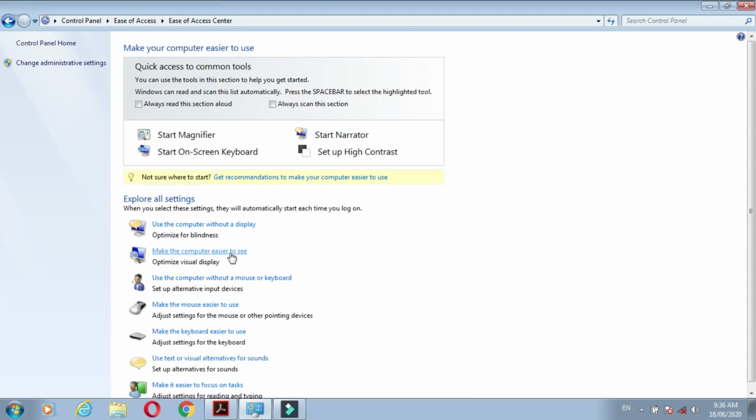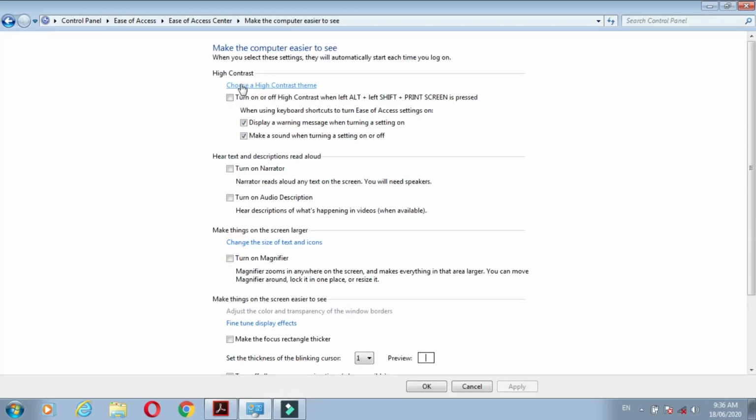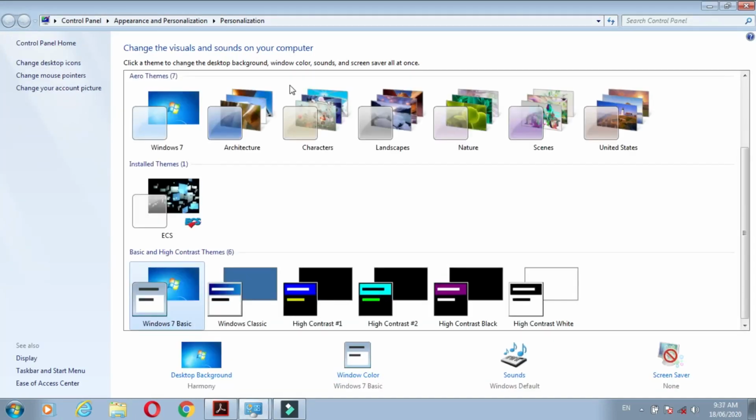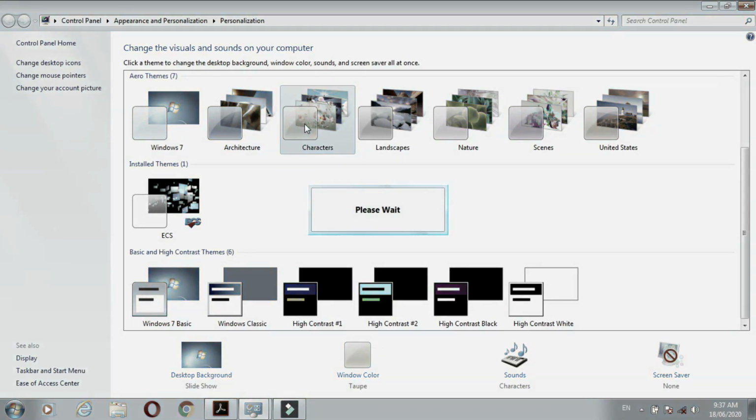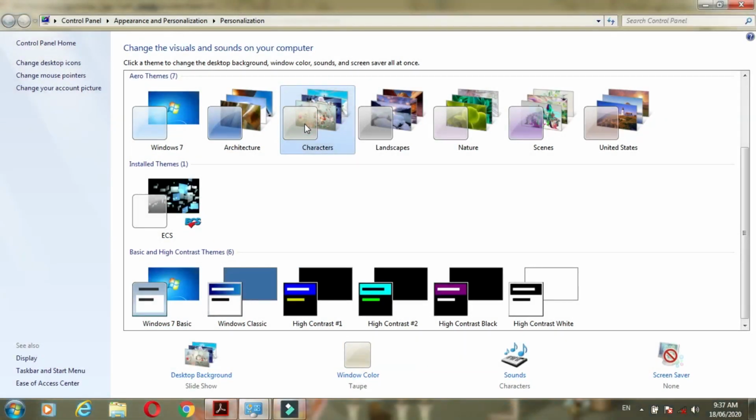Here the high contrast, you can click here, choose high contrast theme here. Which theme you want to see, that theme you apply here. Any theme you can apply, okay, just like this one I am applying. When we apply this theme, the sound is emitted.